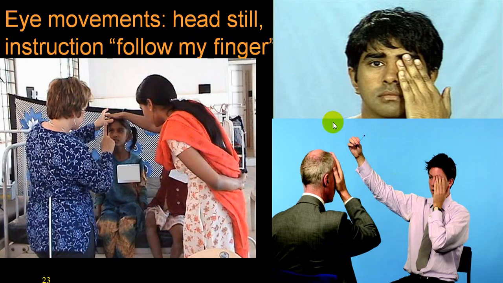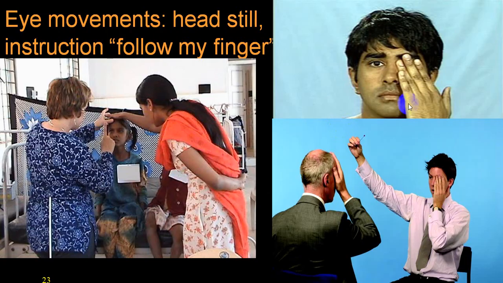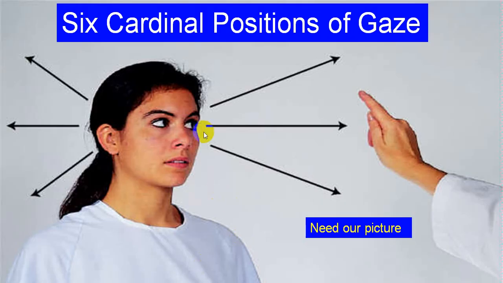Here you can see that you are checking the movement of an eyeball with one eye closed. You do it in all four different directions, that is upward, downward, to the right, to the left, etc., and then in the angles. So this is upward. These are on the right side and left side. Here you can see this is upward, and here this is straight. And you look in the angles. These are the four quadrants. This is medial, this is lateral.